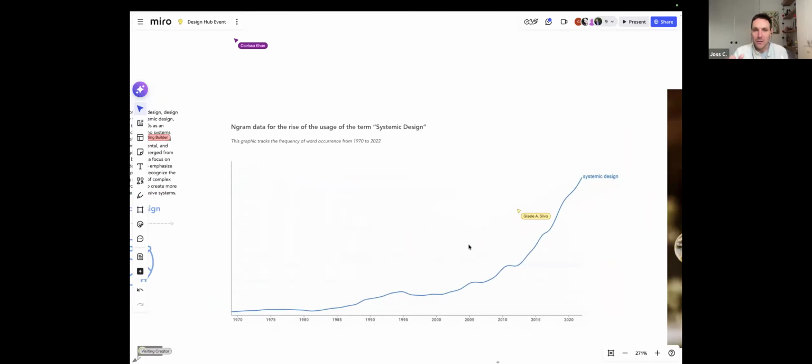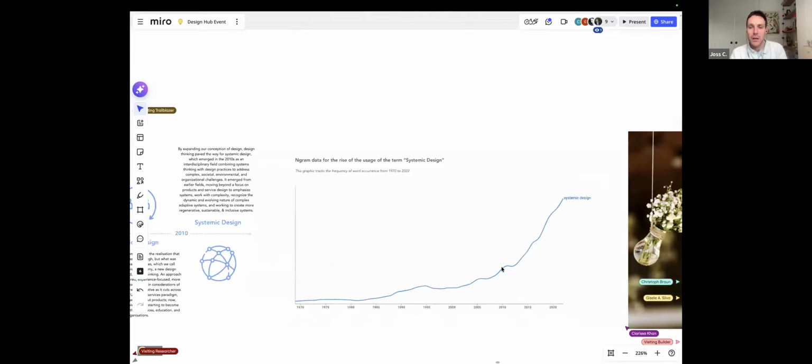The first bit of data, this is Ngram, which is where Google are tracking the frequency of words in digitized books. This is going back to the 1970s, so we see that kind of huge rise, particularly since 2010, it seems to be taking off. And the organizations and individuals that we spotlight in the guide are very much responsible for that growth. But also there's this big demand side in terms of designers getting more and more interested in systems thinking. And we also look at who's actually interested in this, which profiles and why. So we'll dig into that also.